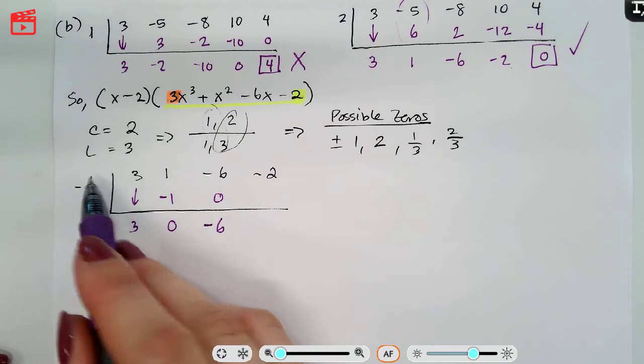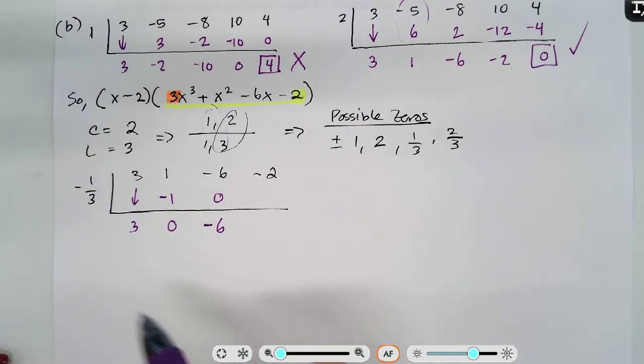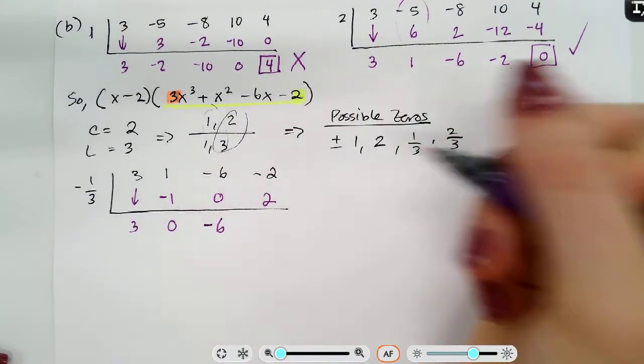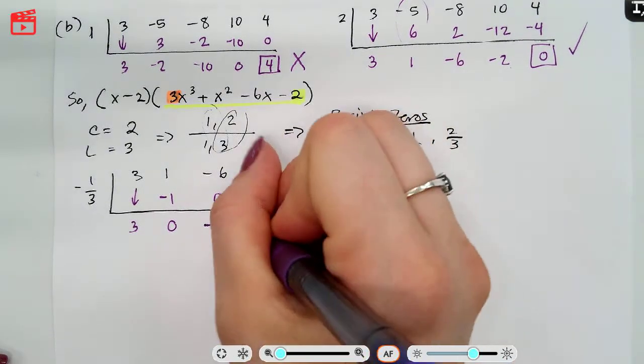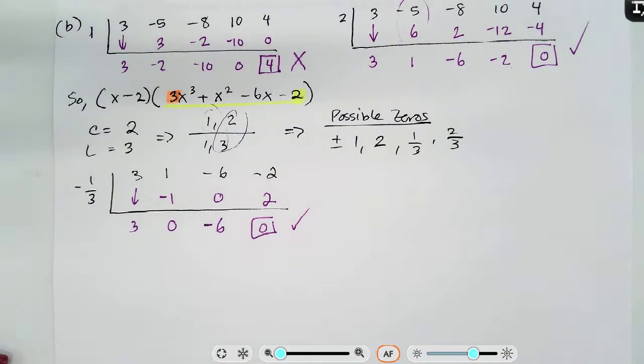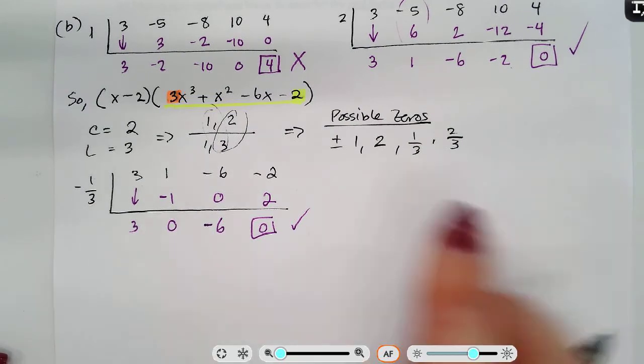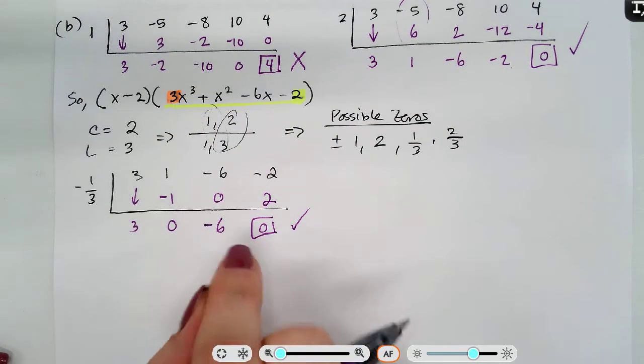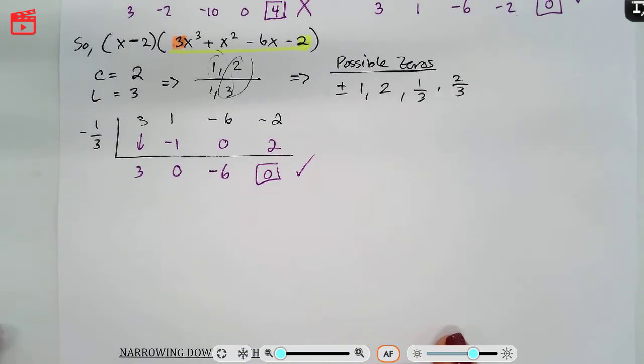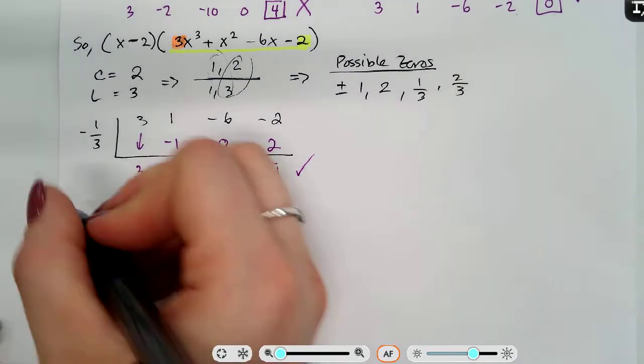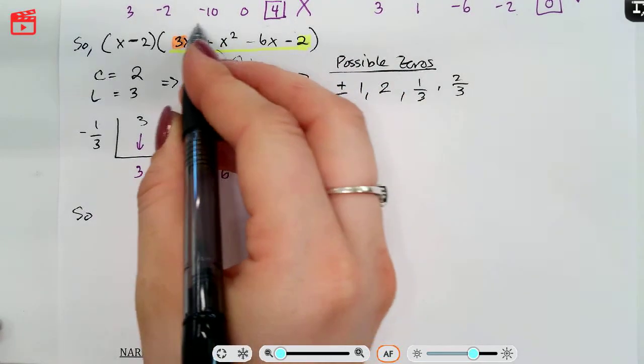Multiplying, a negative third times a negative 6 is going to be a positive 2. And what do you know? Negative 2 plus 2 is 0. That right there is a possible 0, or that is 0, actually. Okay, so yes, I had done this problem before, and I knew that negative 1/3 was going to be a 0. I cheated a little bit. All right, so that means that this polynomial